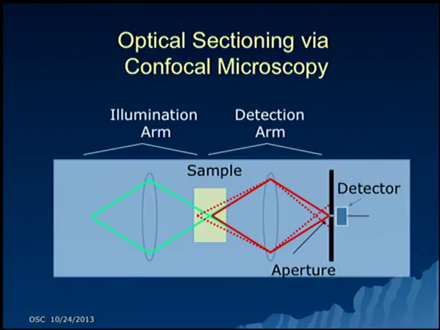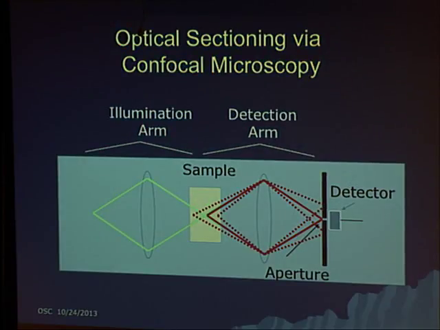So not much light gets through, both because of detection sensitivity and also because it's in a much weaker beam over here, because it's in a spread out beam. Same thing is true on the other side of focus over here. A weaker beam of illumination and a blurred image of that emission, so not much gets through. So that's beautiful if you want to image one point. What else do you need to do? Obviously, you need to scan to build up a 2D or 3D image of a 3D sample. So you need to scan laterally as well as in depth if you want to go through the whole sample.